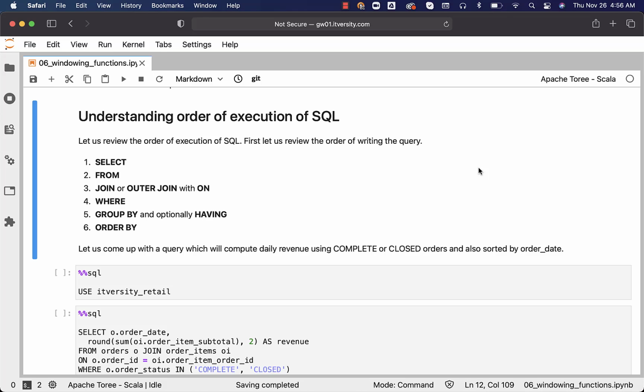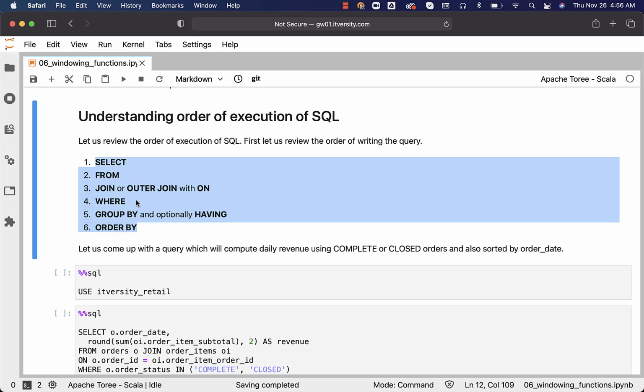Let us review the order of execution of SQL. However, before getting into the order of execution of SQL, first let us review the order of writing the query. This is how we typically write the query. We start with select clause, then we specify from, then join with conditions as part of on, then where to